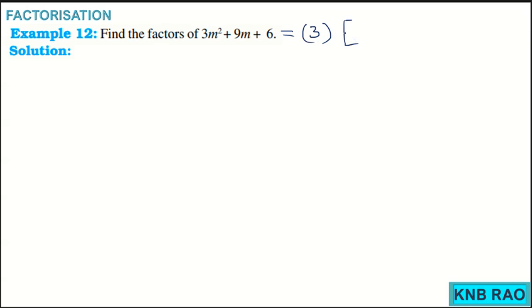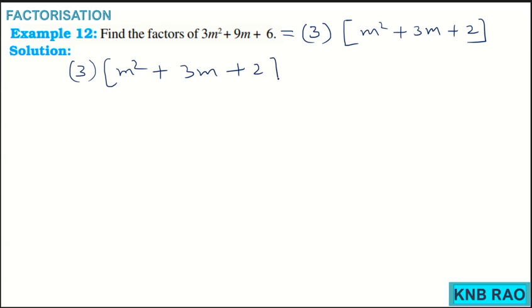This algebraic expression is 3 into m square plus 3m plus 2. That means I am using the first technique of factorization of algebraic expressions, that is taking out the common factor. After that, I will go for this 3 into m square plus 3m plus 2